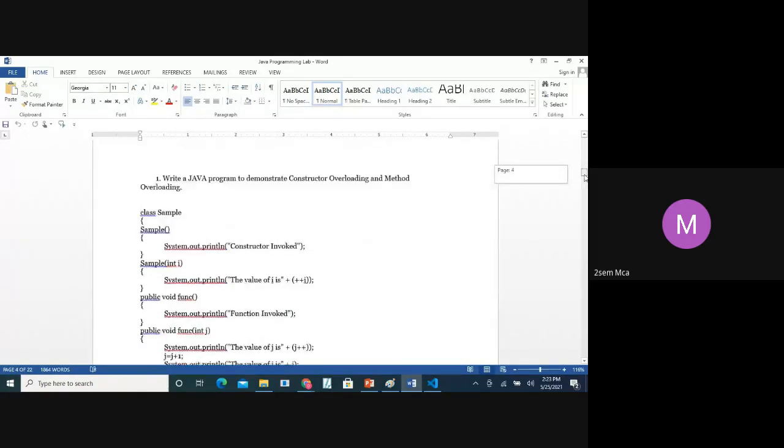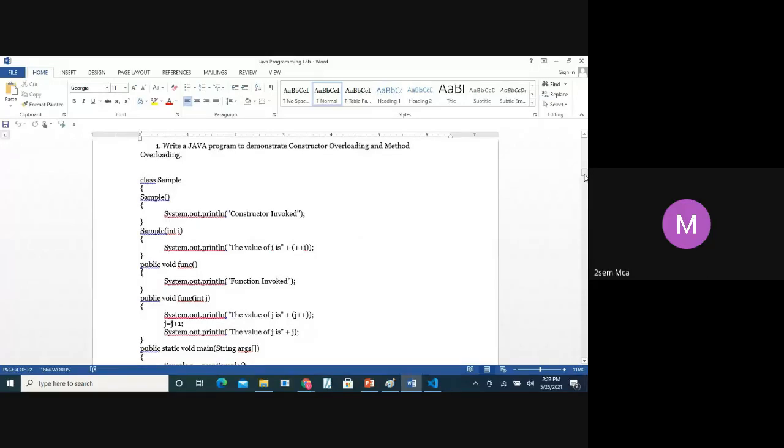Ma'am, do we have to write now, or will you put it in GCR? No. The purpose of asking you to write is so that you can type. At least you can remember when you are typing. That is the main intention. You just copy in one book or on a sheet, and you start executing this.